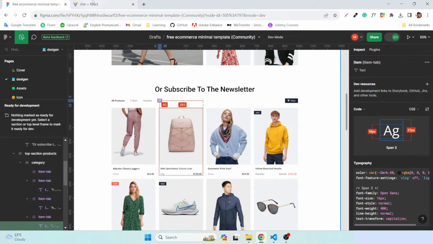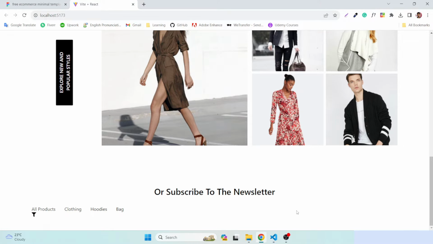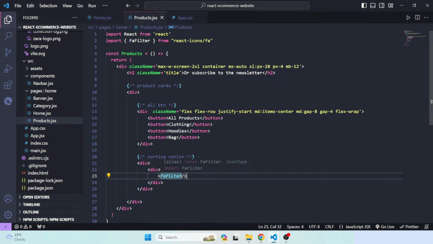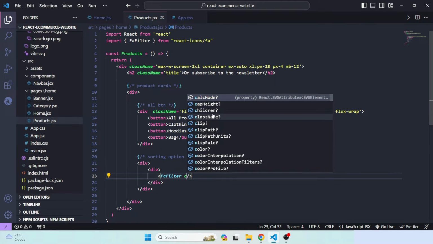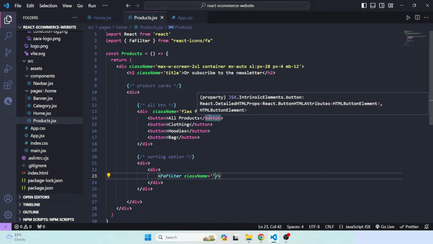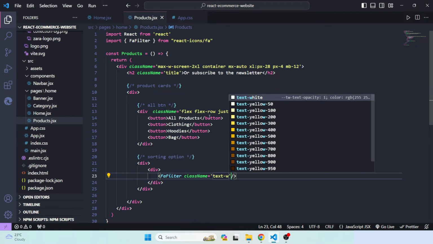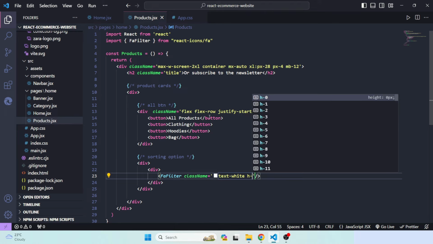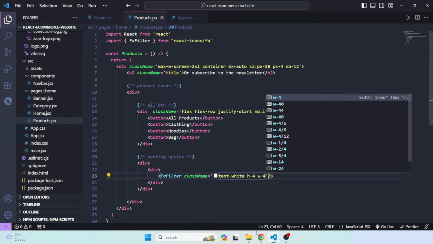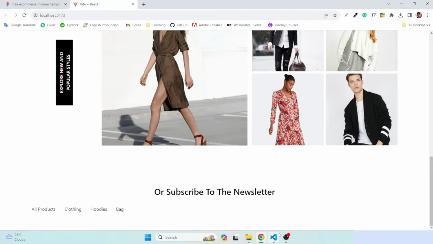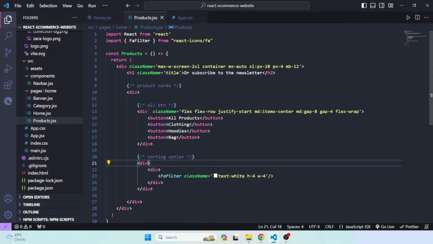So let's check it. Look, this is the filter icons. We can add some class name here. The class name would be something like text-white, h-4 and w-4. So if you do this now you can see it, but what if you just add class name here and define